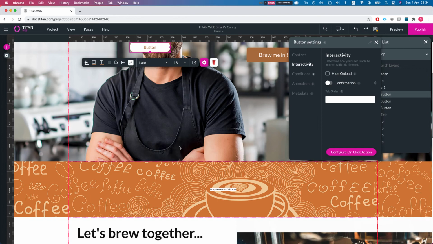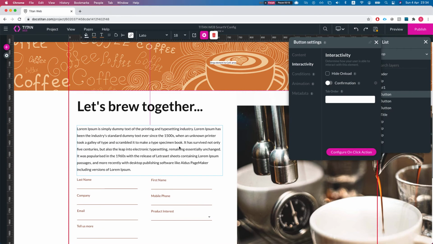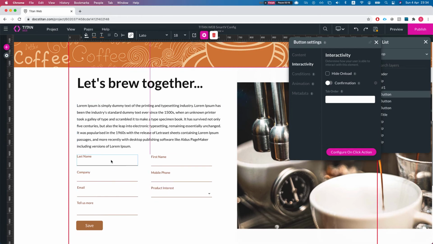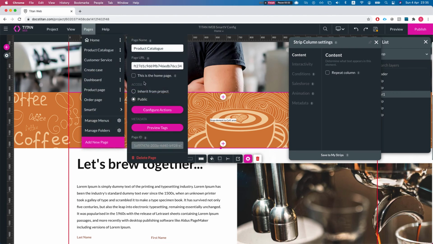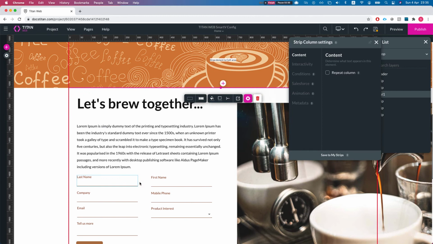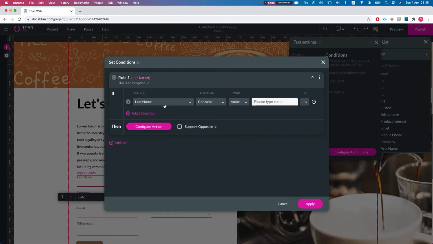So right now our project parameter, the page ID to redirect to, is empty, obviously, and we just need to set it. A way for us to get the page IDs is, let's say we'll head over to the product catalog and we get the page ID right there. So I'm just going to copy this and I'll say if last name here. So I can set a condition, configure, and I'll say if last name contains ABC, then